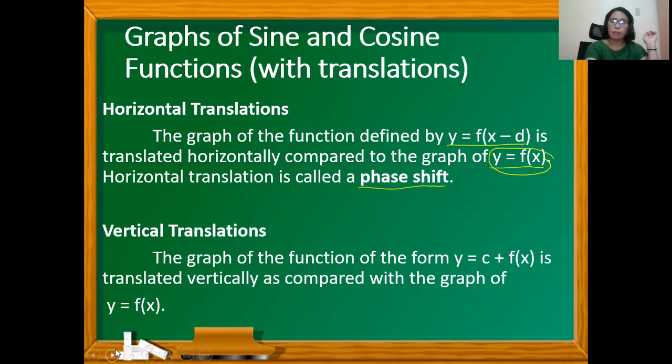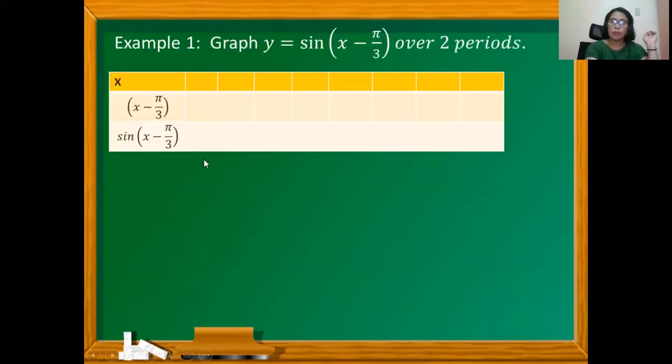So we have to graph y equals sine quantity x minus pi over 3 over 2 periods. Take note, class, that the coefficient of x here will remain as 1. So therefore, we can say that the period remains 2 pi. But since there was a horizontal translation on this part, in comparison to y equals sine x for the given graph in example 1,